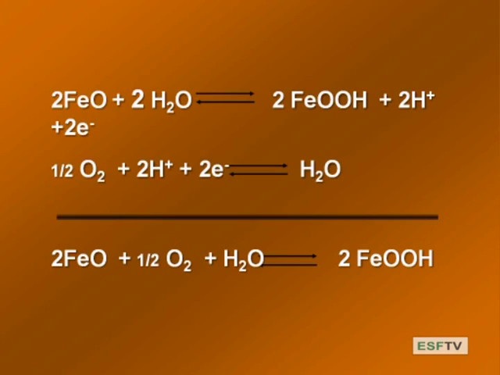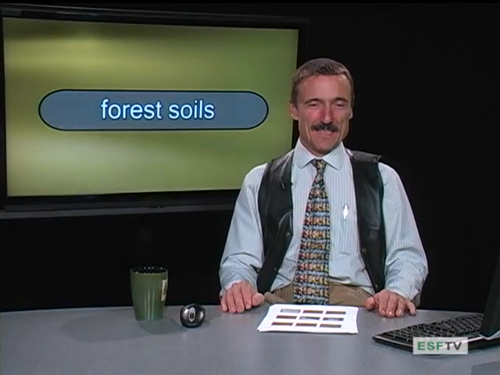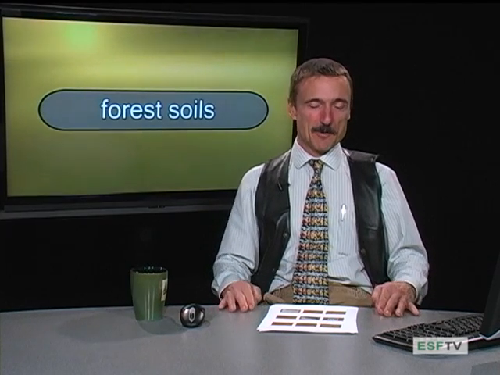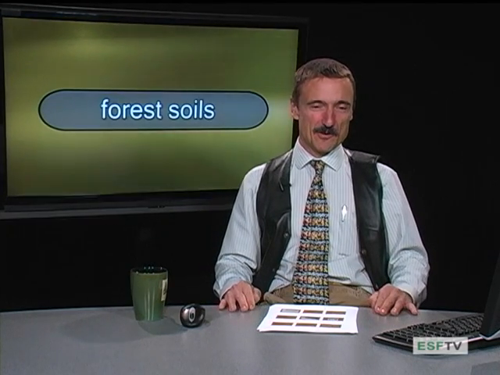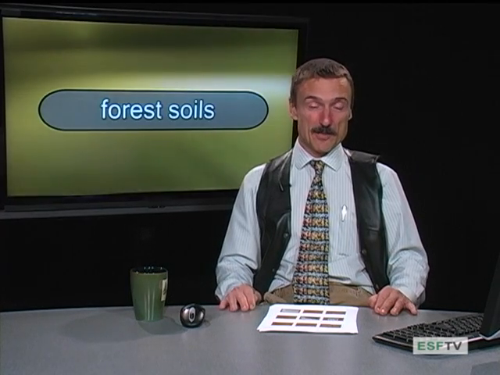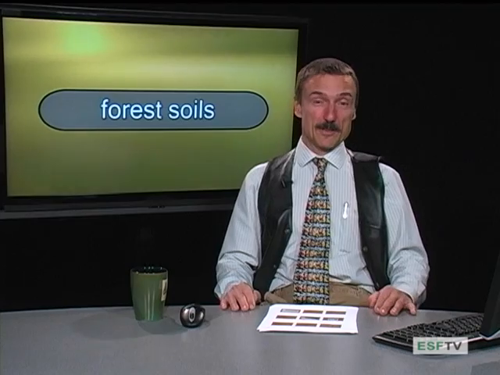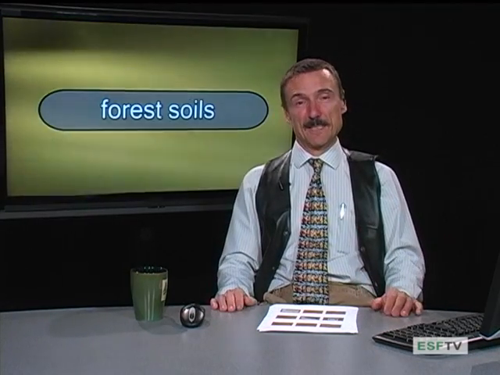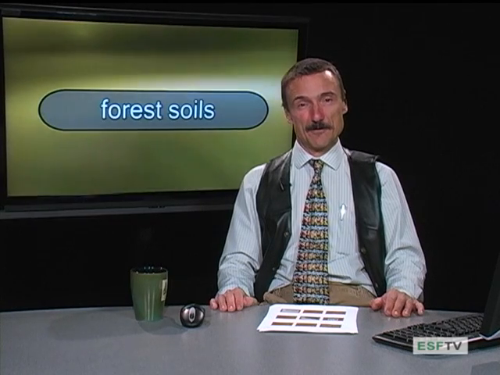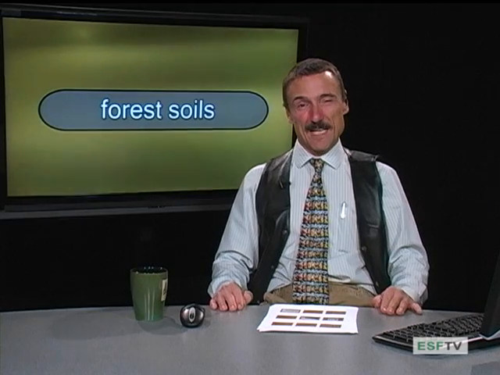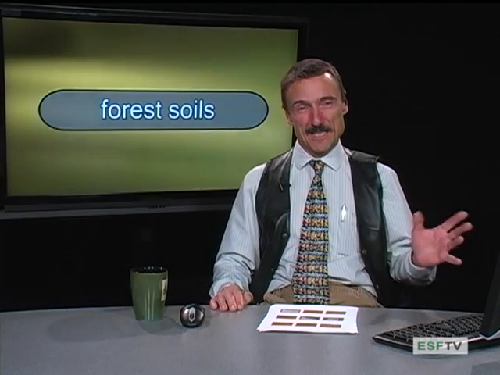Okay, so we'll take a step back and relax for a minute and think about what we've covered. We started out with wrapping up erosion. We went into the wonderful topic of aeration. We talked about what aeration was. We defined it. We looked at some sideboards of what controls aeration. And finally, we had a way to quantitatively assess it. Gave you 4 or 5 different numbers of how to assess it. And then we moved on to thinking about exactly what's going on. And we ended up with this idea of EH, the system tending to oxidize or reduce.